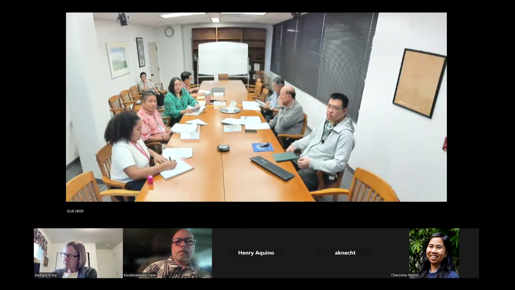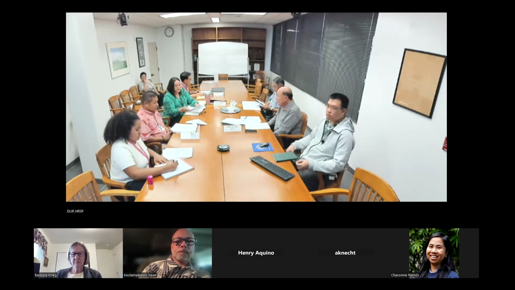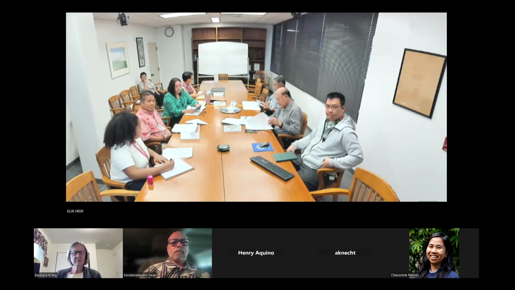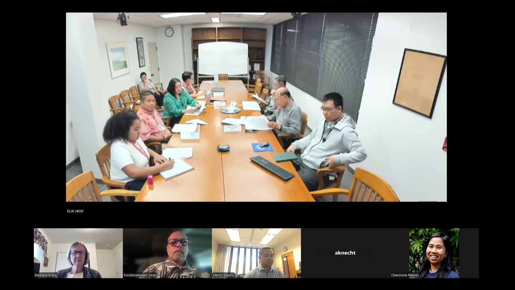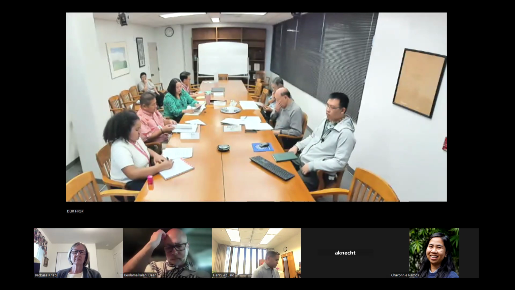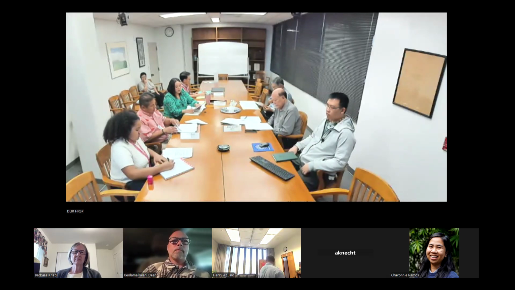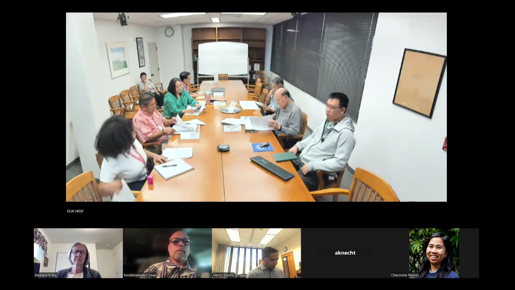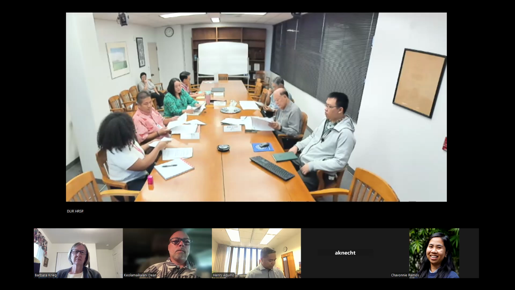I don't see any hands raised, but for the public's information, Senate Bill 855 relating to the Hawaii Retirement Savings Act clarifies the definition of covered employer under the Hawaii Retirement Savings Act. It requires the covered employers to automatically enroll covered employees into the Hawaii Retirement Savings Program unless the employee chooses to opt out. It also repeals the limit of the total fees and expenses that can be spent for the program each year. The bill finally appropriates funds to the Department of Labor and Industrial Relations for the development and